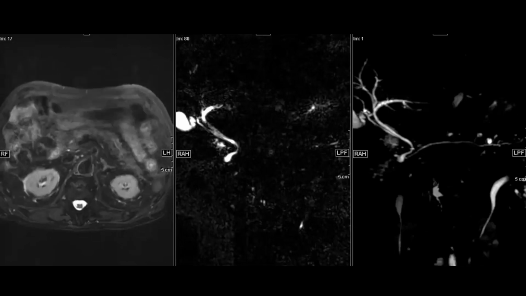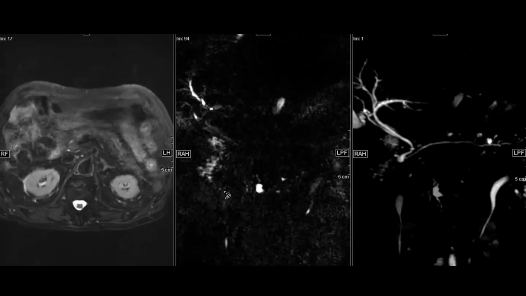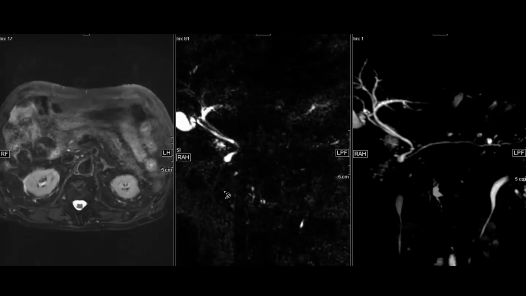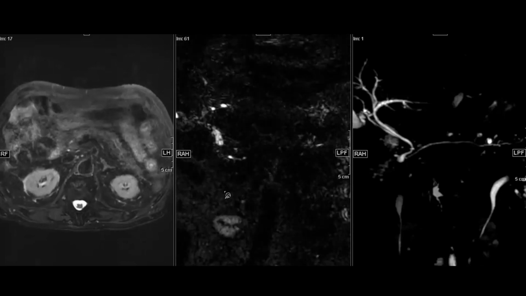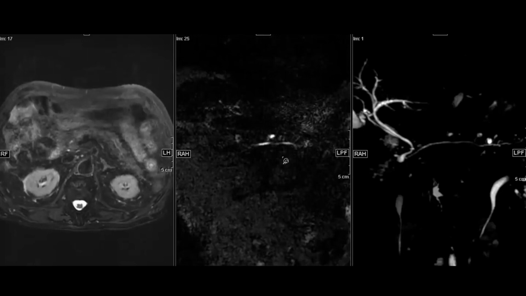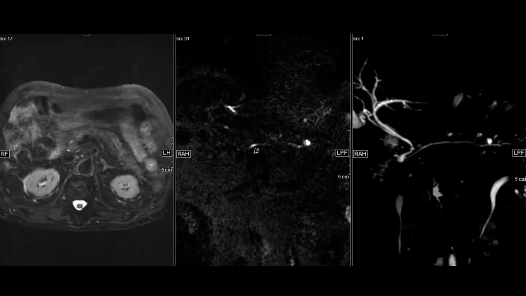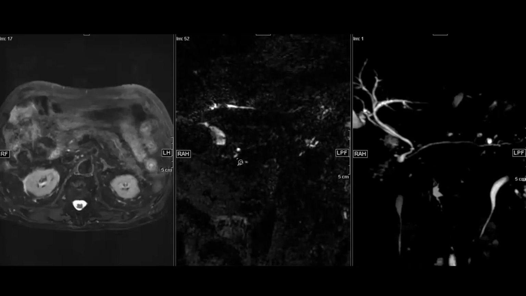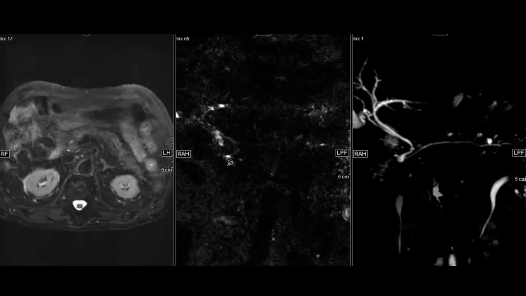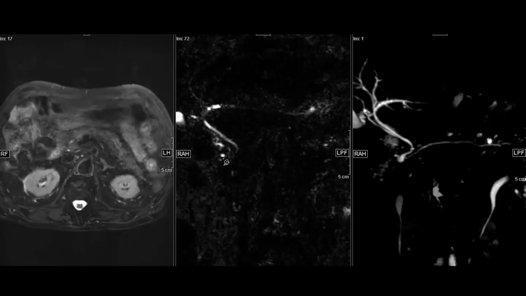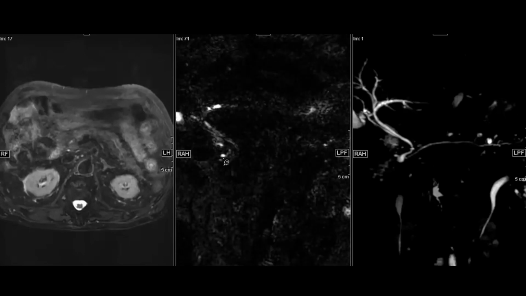There's an additional finding. Let's see if you can pick it up. I know it's difficult to pick it up in real time. Obviously, when you get a case, you'll get say half an hour to 1 hour to properly look at all the images. But I'll guide you, and let's see if you can pick up the findings. So this is the pancreatic duct. I'm going to trace the pancreatic duct medially, and let's see where it goes. Okay, it ends here, and the CBD is opening here. So again, the pancreatic duct is opening here and the CBD is opening here.